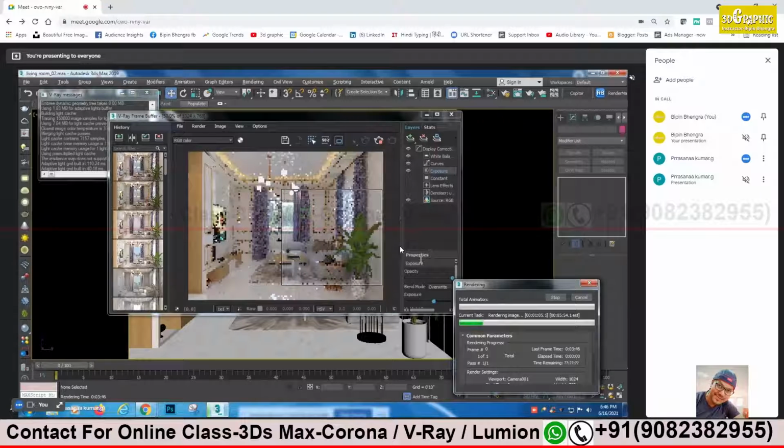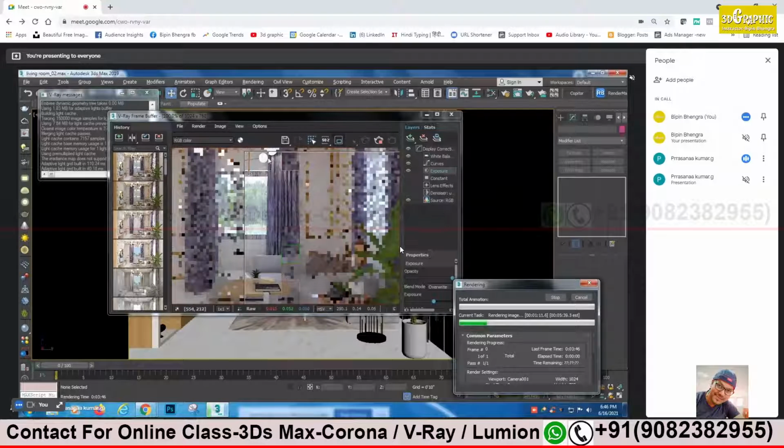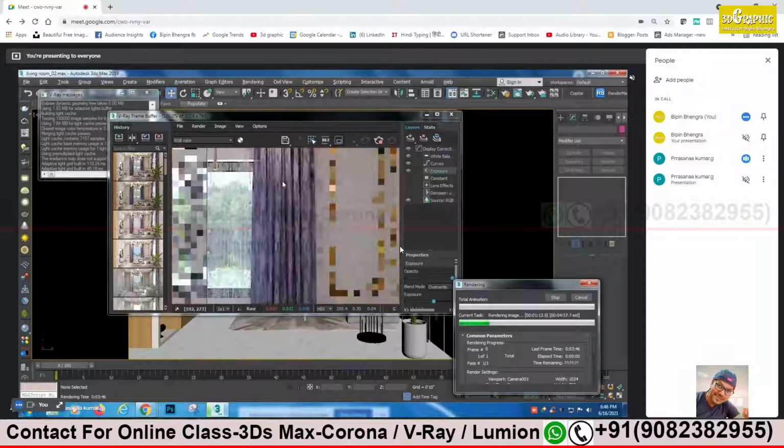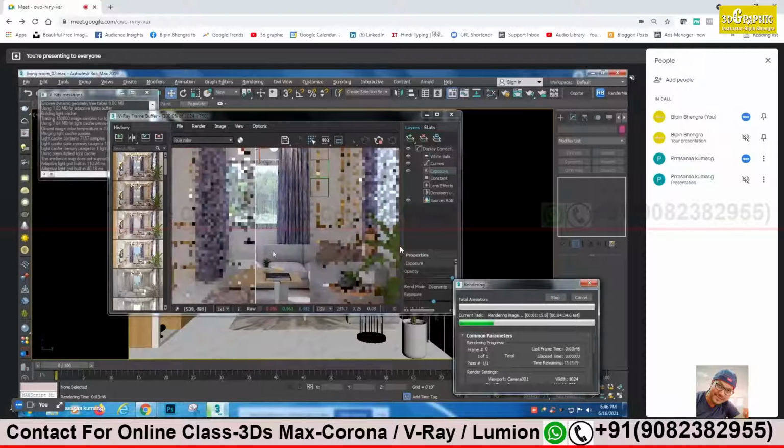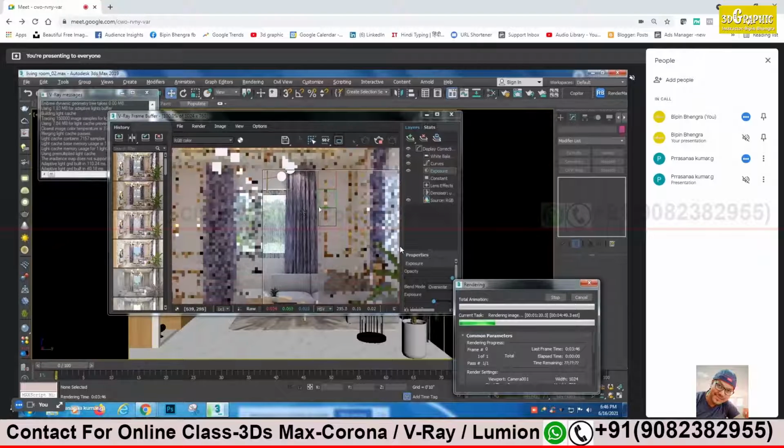It is rendered. It is rendering, no? No, this is in the process of rendering. That part is rendered, left side. This part is rendered now. The curtain is rendered. Yes, that one. You can see the sofa. Curtain. Yeah, zoom on the curtain.